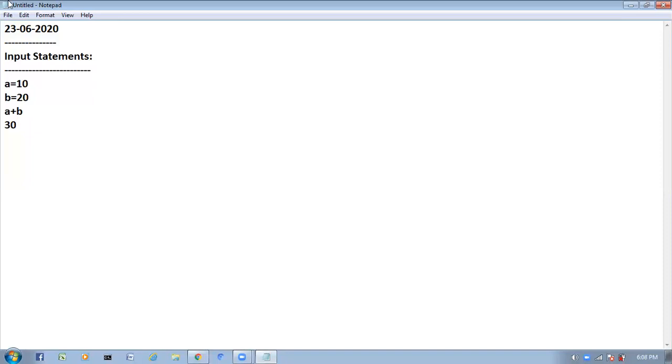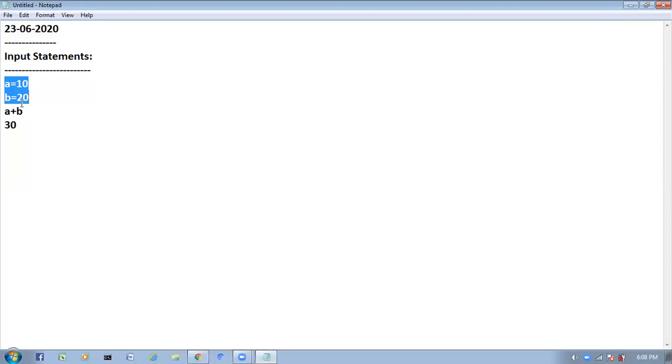Instead of hard coding the values like this, I want to take the A value and B value from the keyboard dynamically. At the time of program execution, I want to provide the values to A and B. How can we take them?